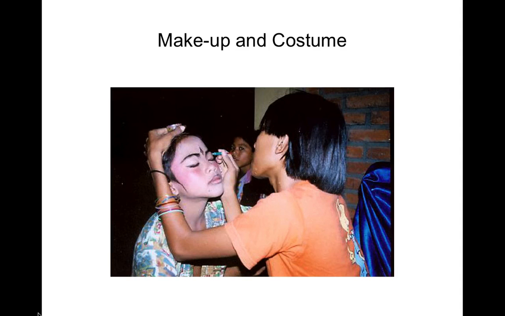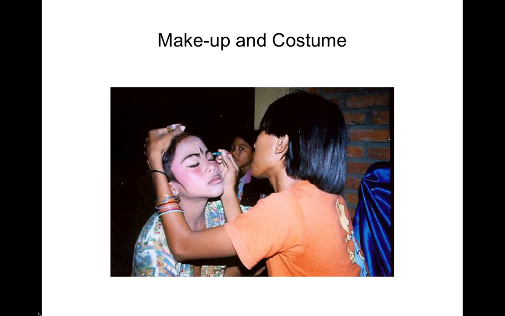So there's a foundation, a liquid foundation that's put on the skin, and then there's face powder that's put on, and then from this point on there are different forms of makeup that are used for refined characters and unrefined characters. The body is then wrapped in many layers of costume, and in both male and female performance styles, these layers of costumes help to restrict and define the movements associated with particular dance forms.